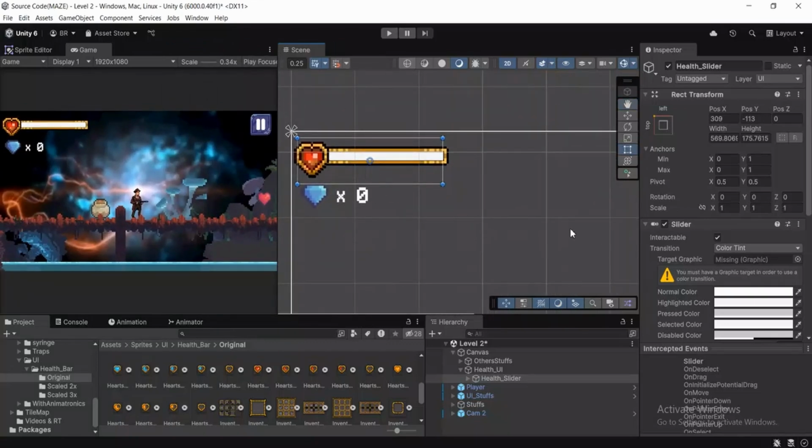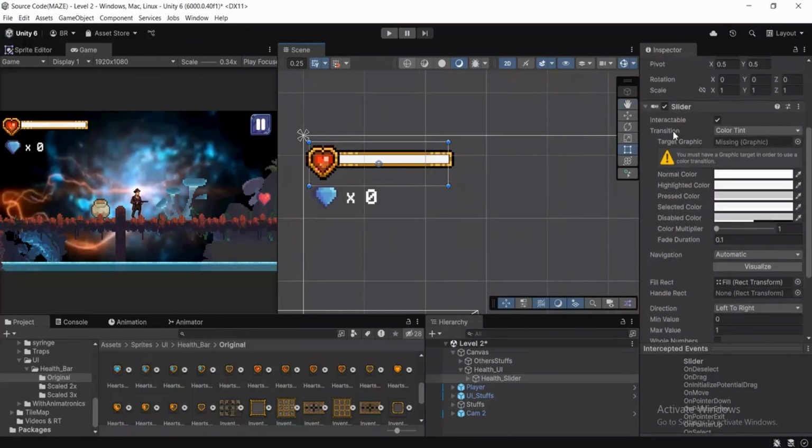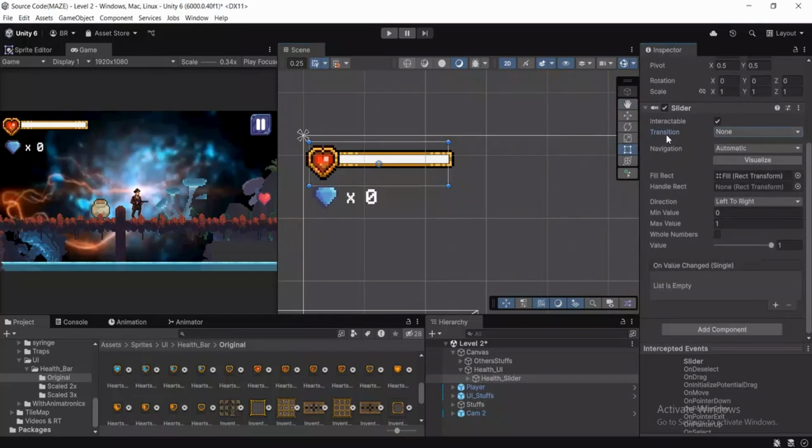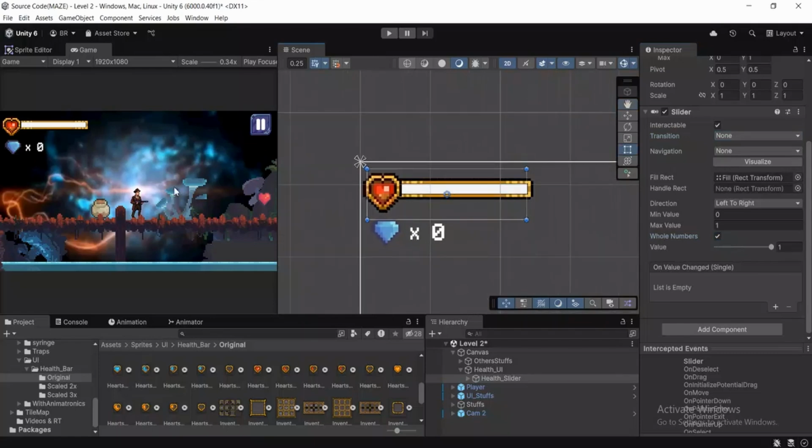And if we try to scale down our screen, we can see this health slider just getting resized as the size of our screen. And choose your health slider, then go over to slider component, transition to choose none, and navigation we can choose none, just like that. And I'm gonna check this whole numbers option because I just want to reduce the health of this player by something like 1, 2, 3, 4,